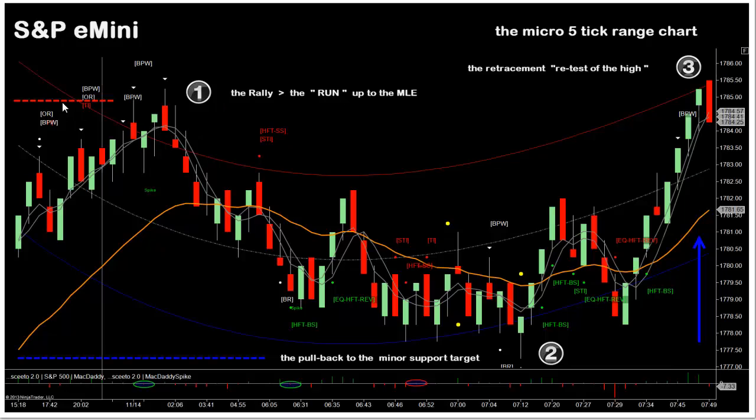The 1785 price area was our initial upside target, and as you can see, the S&P encountered resistance during the rally overnight, and the order flow monitor indicated that the computerized buy programs ceased executing to the buy side. The S&P sold down from the high and pulled back to the minor support level that we noted during yesterday's market structure commentary, down at 1777,